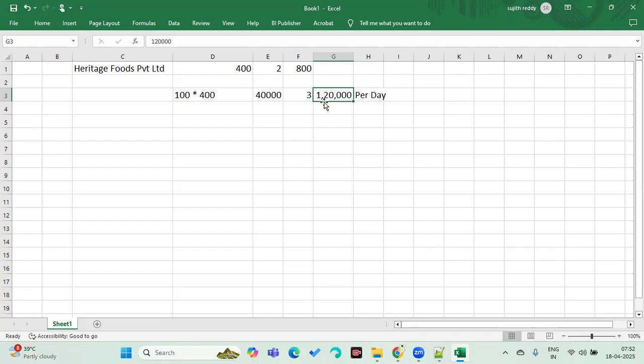Per day, 1,20,000 entries will be entered. Like this, how many records will you get at the end of the month, the end of the quarter, the end of the year? Now the company wants to analyze their business. Without analyzing the business, they cannot get profits. It's very difficult. Sometimes they have to close the business also.